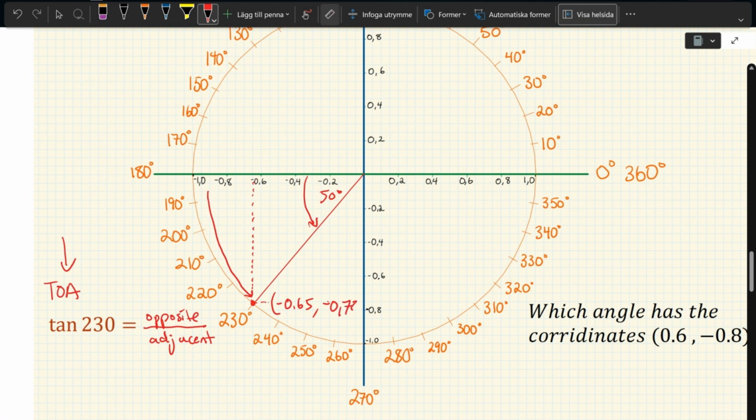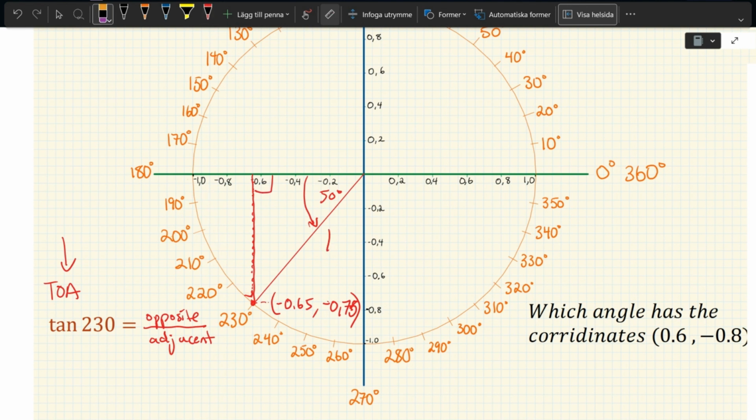Negative 0.75. And if we calculate, here's our right triangle. We have hypotenuse 1. If we calculate the relationship of tan to this angle, 230, we're really taking the tan of 50 here. So we're going to use the opposite side, which would be along our y-axis. So we take the y coordinate, negative 0.75, and we're going to divide that by the adjacent side,